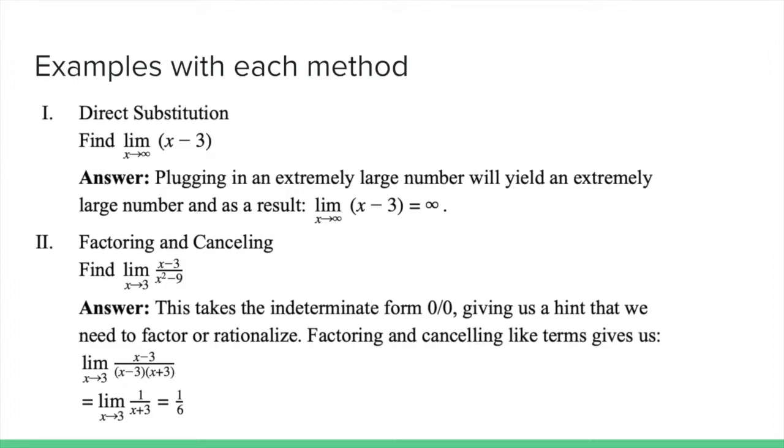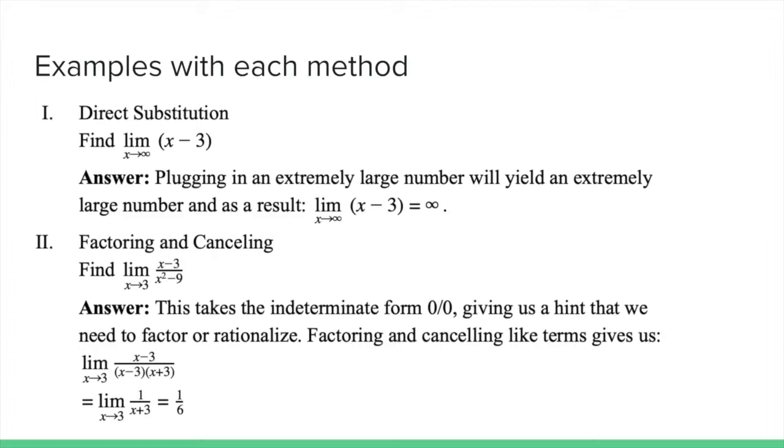And so we claim that the limit as x approaches infinity of x minus 3 is just infinity. Our second technique would be factoring and canceling, and our limit in this case is the limit as x approaches 3 of x minus 3 over x squared minus 9. First, we'll try direct substitution, and when you plug it in, it takes the curious form of 0 over 0,